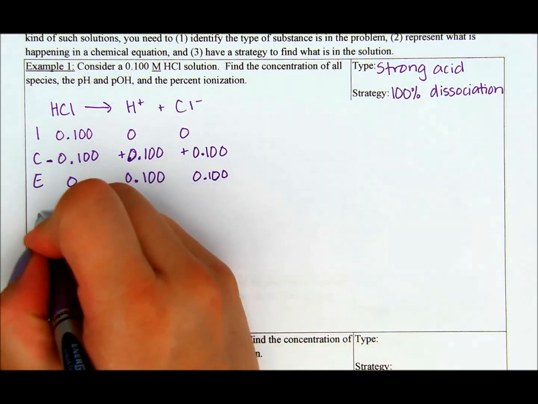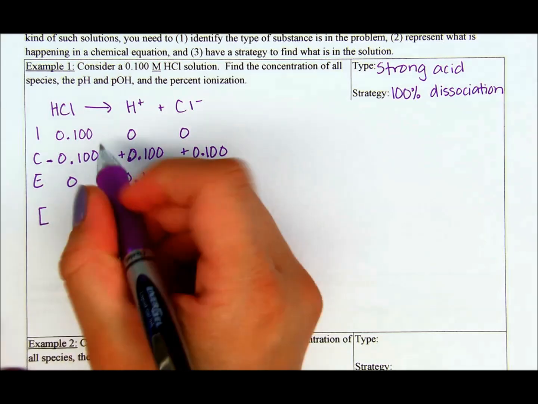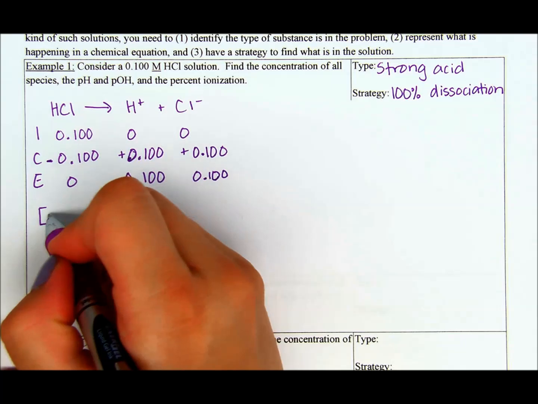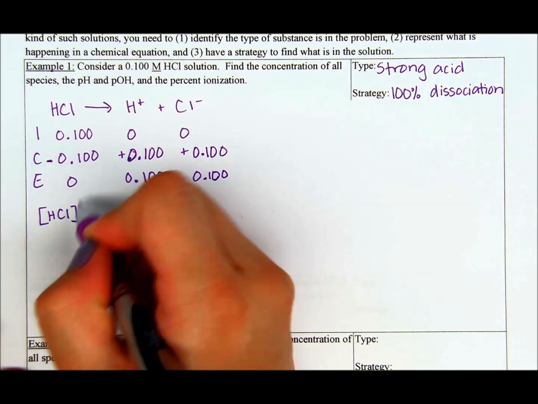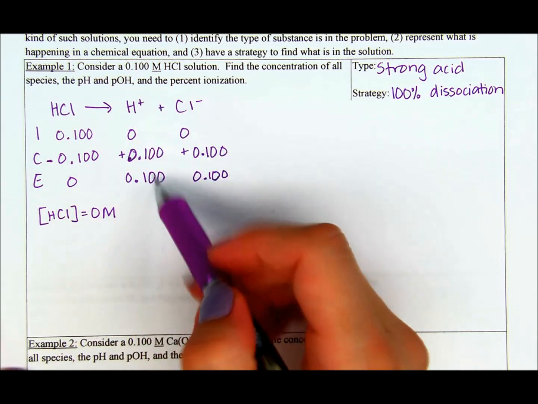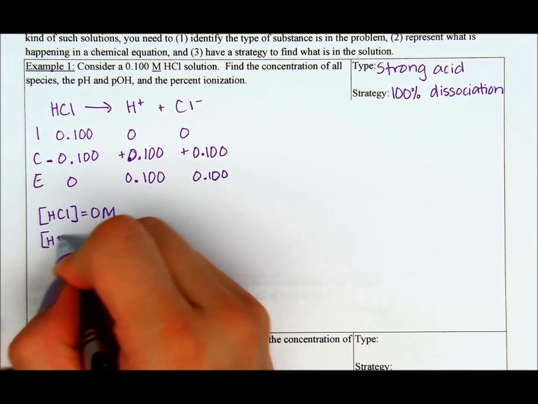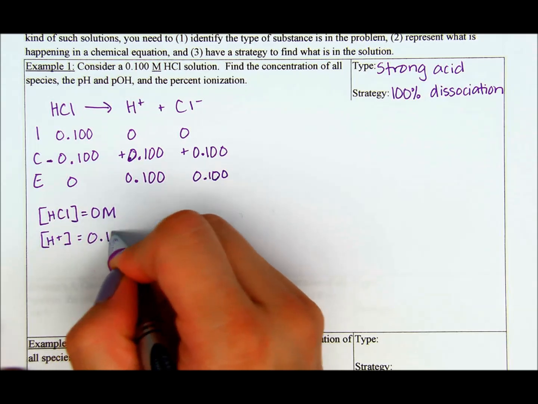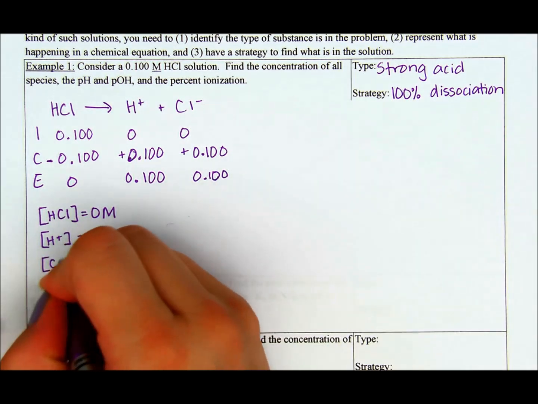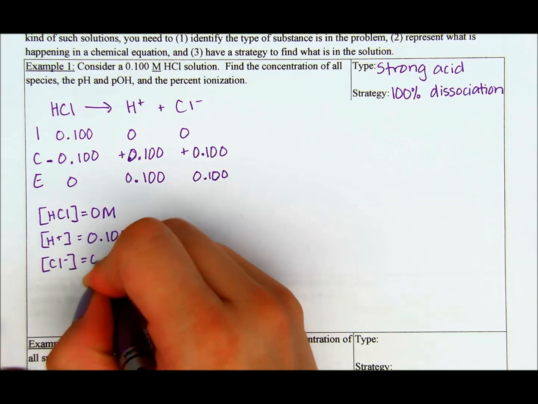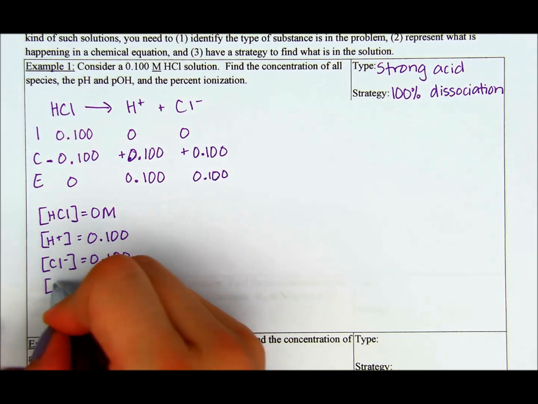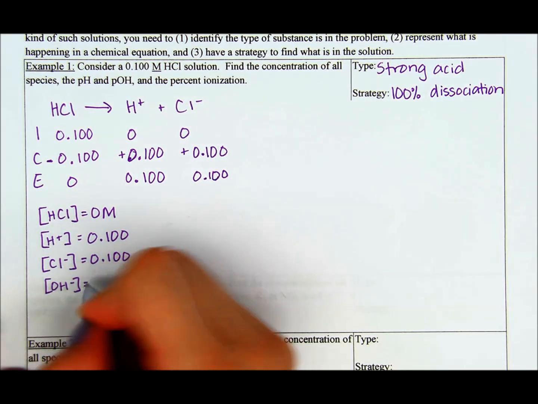Our concentration of all the species, that means concentration of everything here. The concentration of hydrochloric acid at the end was 0. Concentration of hydrogen ions is 0.100, and again, you're looking at the ending amounts here. Concentration of chloride is the same as hydrogen, 0.100 from there. Concentration of hydroxide equals